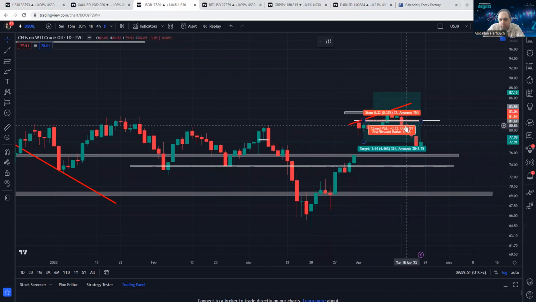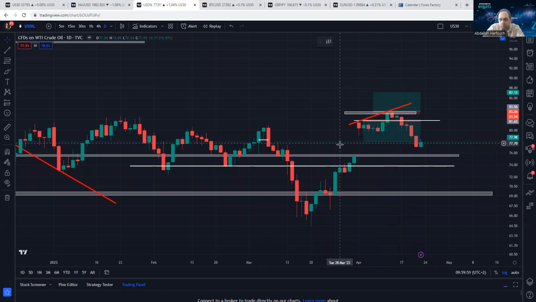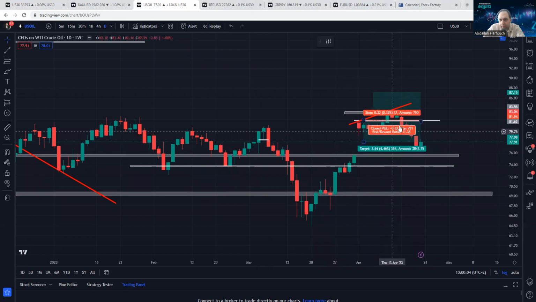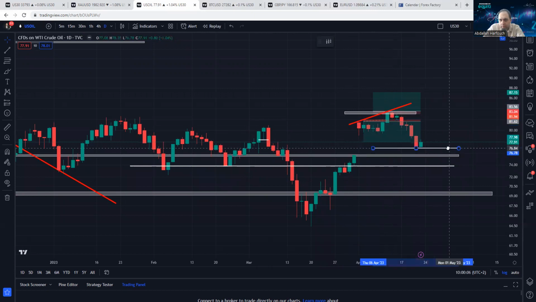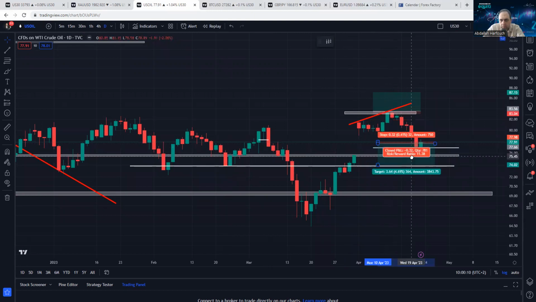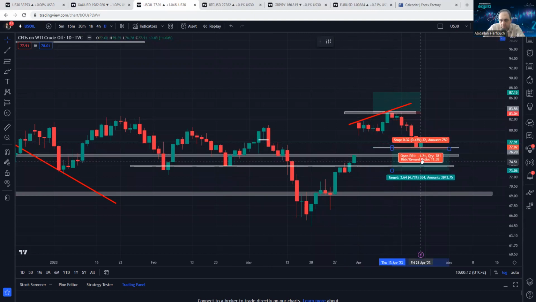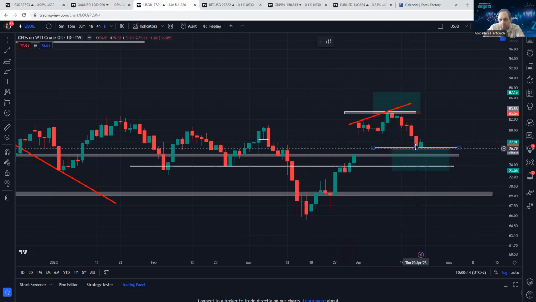This was Monday, Tuesday, Wednesday, Thursday, and Friday. Since Monday, it broke 81.55 and then pushed up to close this gap. And I still believe that we should close all the gap. And that's why I go for this sell. So if it opens, makes a wick up and then starts to push down.